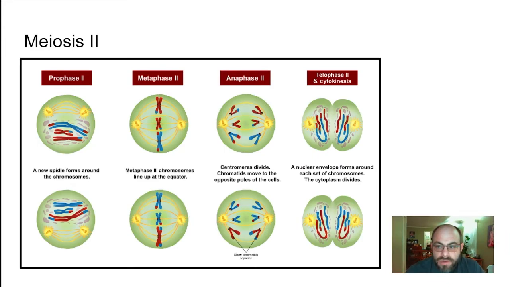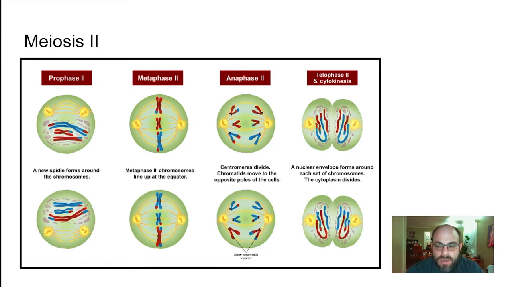Prophase II, Metaphase II, Anaphase II, Telophase II, cytokinesis, all the same stuff. However, we're going to hit the high points, and that high point is Anaphase II. During Anaphase II, what's happening? Sister chromatids are going to separate. Right, so homologous pairs separated in Interphase I, sister chromatids are going to separate in Interphase II,